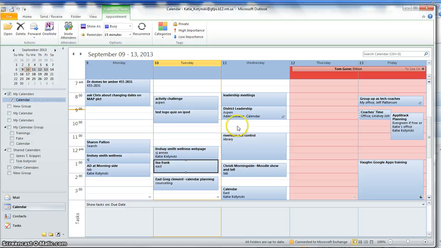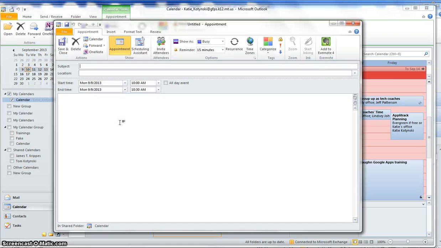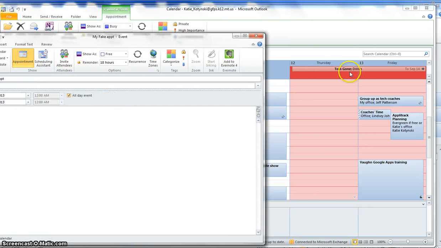And to add an item on here, yes, I could go to new appointment, but to me it's a lot easier to double-click on the time where I actually want it. So if I wanted an appointment here, I could double-click here and I would add my appointment. The location, and if I needed to change the date, the time,